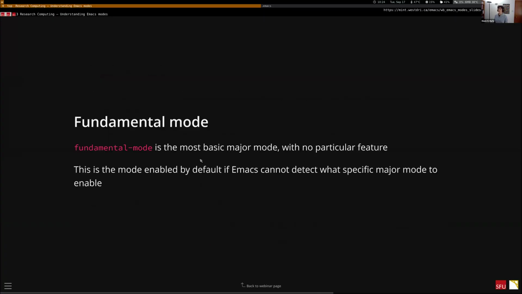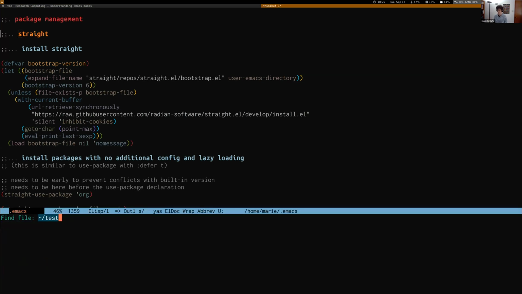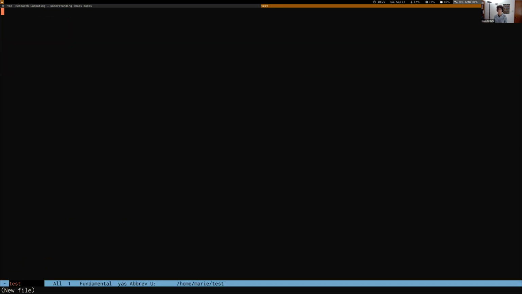Now, if you open a text that doesn't have any extension, doesn't have any clue as to what mode is suitable for it, the most basic vanilla mode that Emacs uses by default is called fundamental mode. So, for instance, if I open a new file that doesn't exist, that I'm creating right now, I'm calling it test, no file extension. In Linux, and I'm running Linux, you can create files without file extension or with multiple file extensions. There are no rules in Linux for that sort of stuff. So in Windows, you would run into a problem here. But here, because this file has nothing,